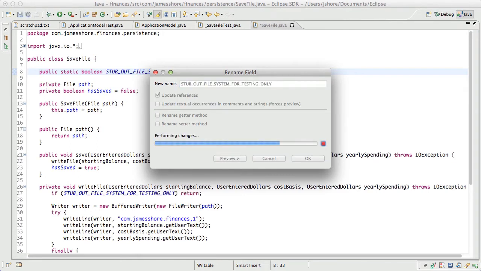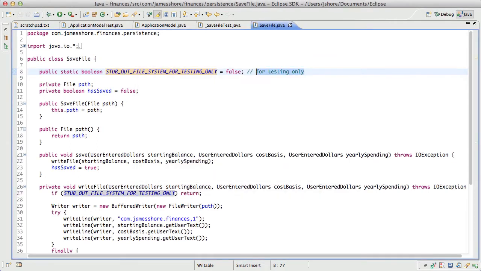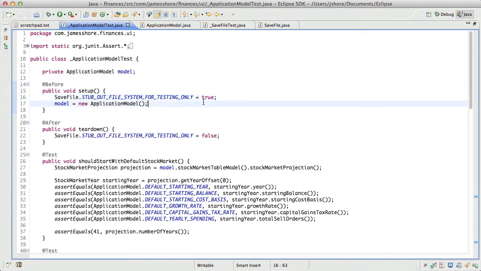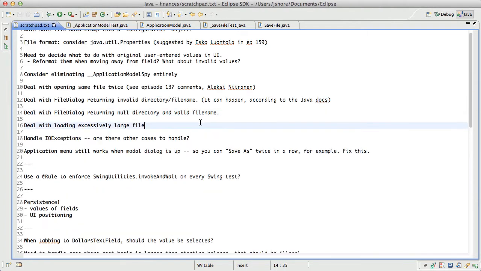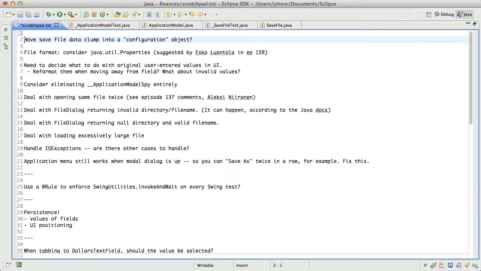There. Big ugly name for a big ugly idea. Now, of course, what we want to do is have this be on all the time for all tests. So let's make a note to